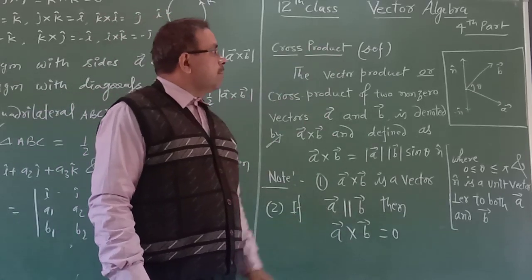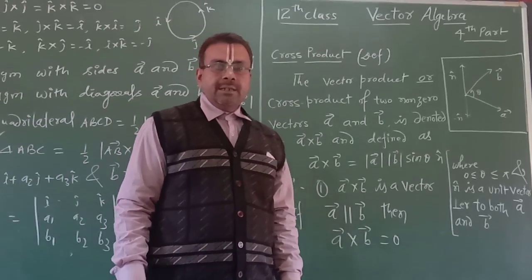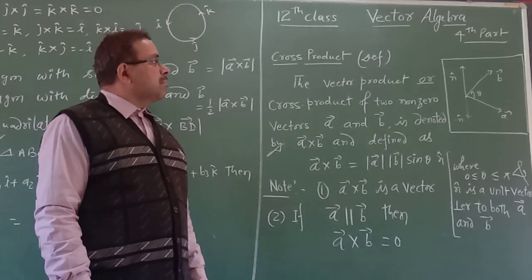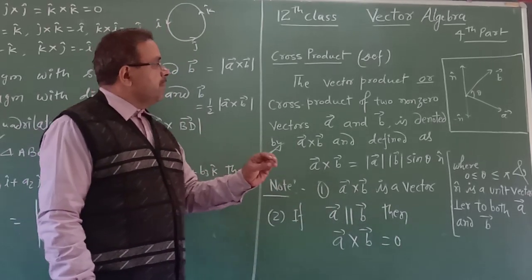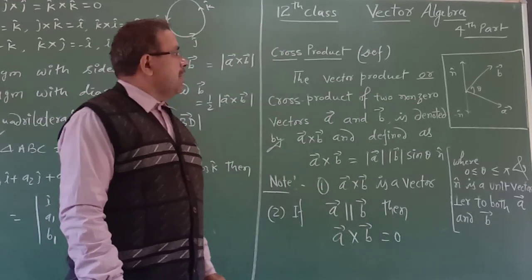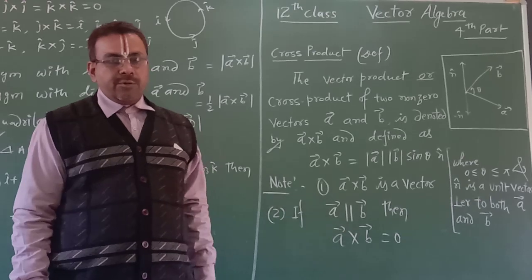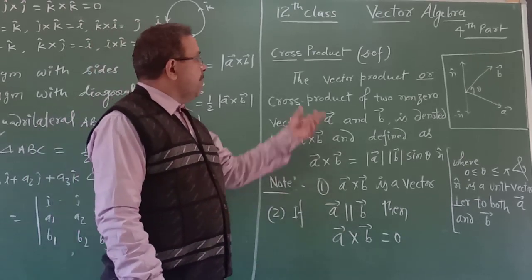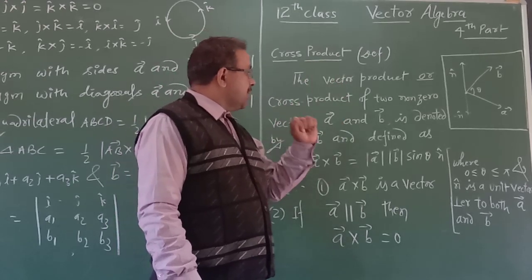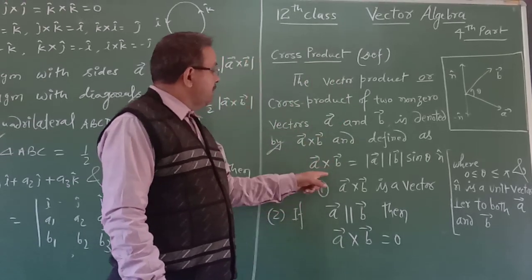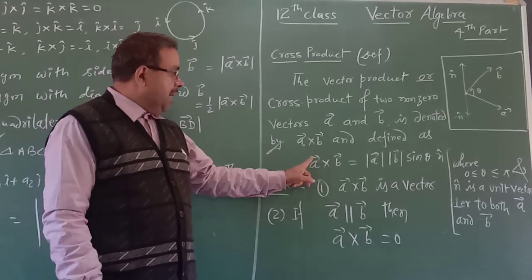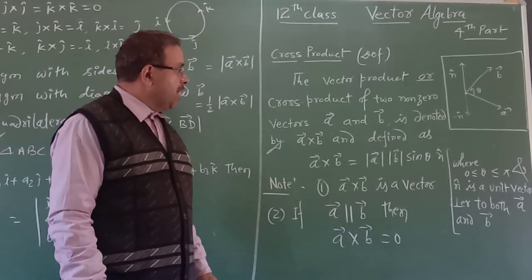आज हम आपको वेक्टर अलजेब्रा का फोर्थ पार्ट, ये आपका लास्ट पार्ट है, एनसीईआरटी में 10.4 एक्सरसाइज इससे रिलेटेड है, जिसके बारे में अपन सीखने जा रहे हैं। So see here, what is the cross product? क्रॉस प्रोडक्ट कहते हैं किसे? एक्चुअल क्रॉस प्रोडक्ट जो है यहाँ वेक्टर में, ये ध्यान देने लायक है, डॉट और क्रॉस का बेहद महत्व है। ये आप देखेंगे, these symbols are valuable in your vector algebra and this symbol is also valuable.